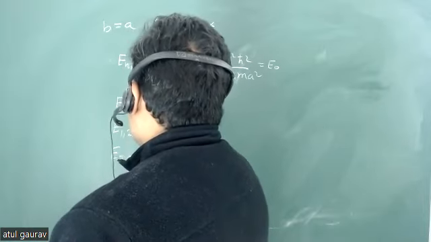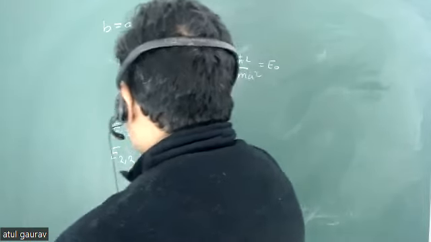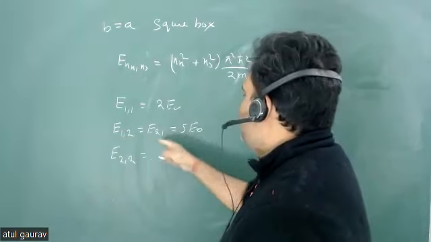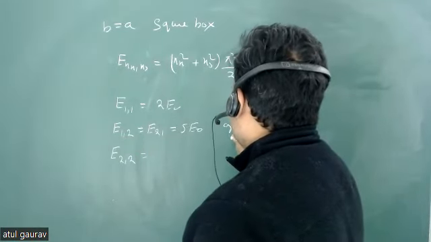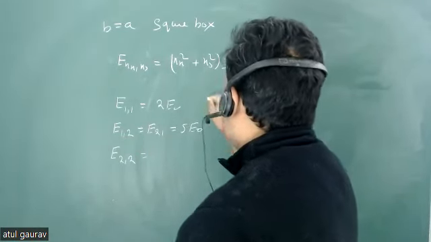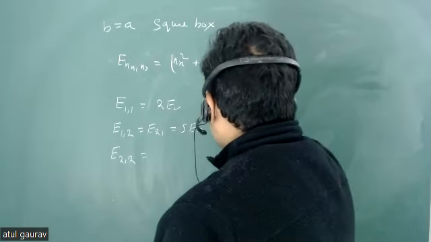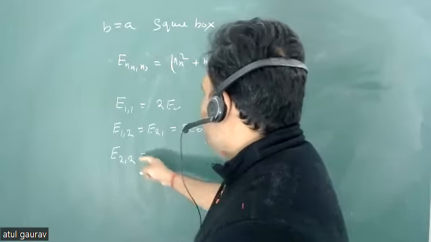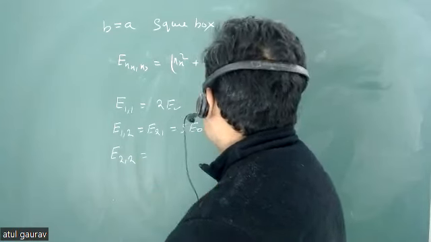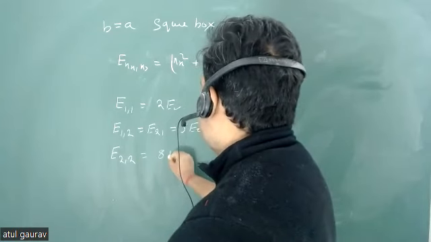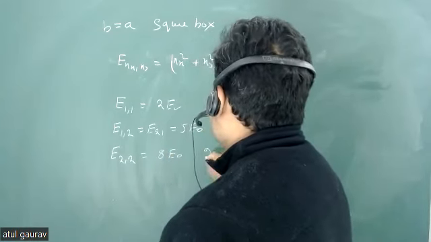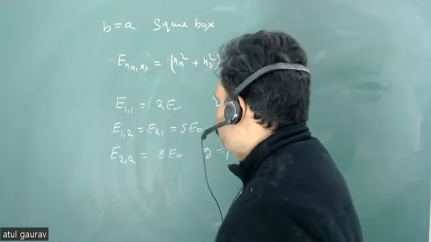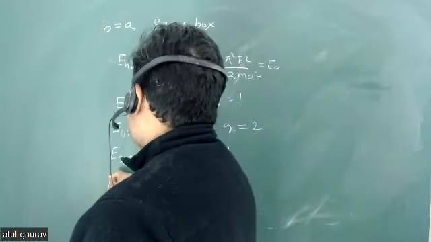Next is 2 and 2. And this is what you can see. E12 and E21 is what? Doubly degenerate. So degeneracy को आप g से लिखते हो, that is 2. Here degeneracy is equal to 1, not 0. E22, what is this value? 8 E naught, है ना? What is the degeneracy? Degeneracy is equal to 1. Next,